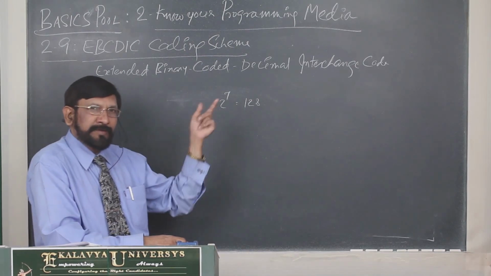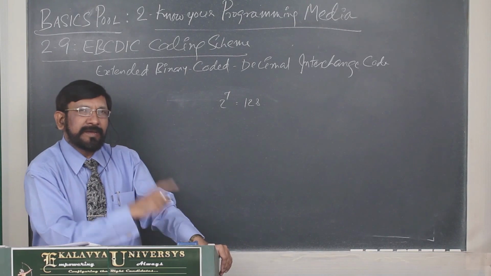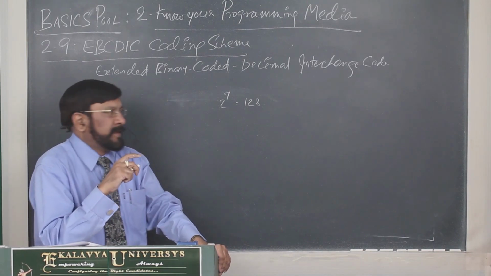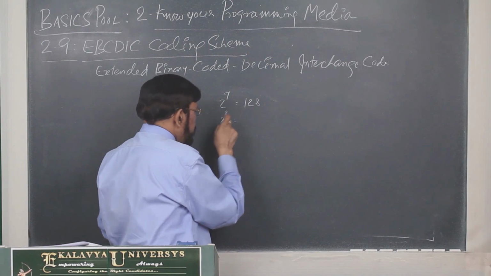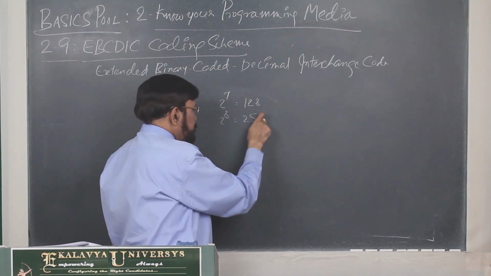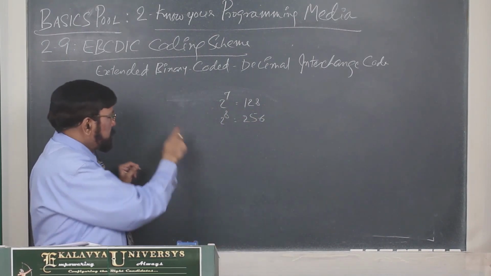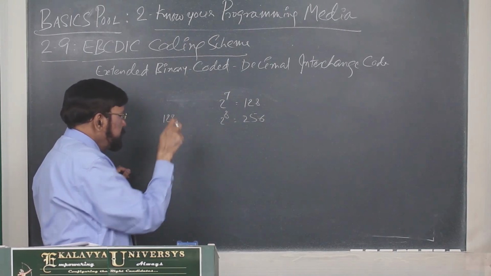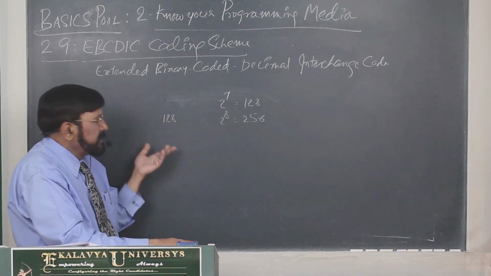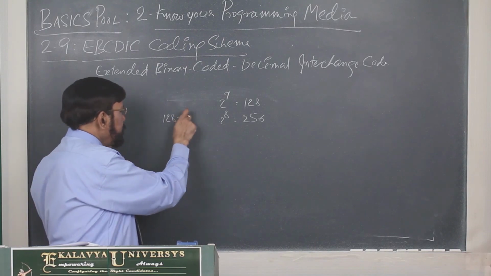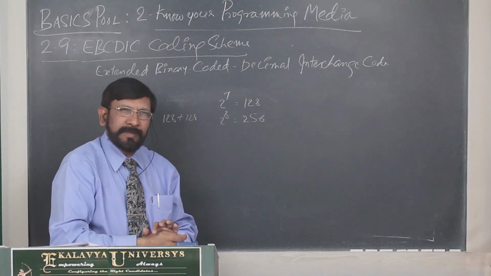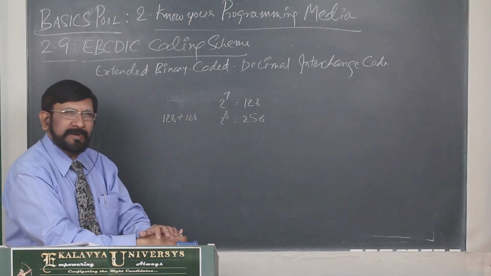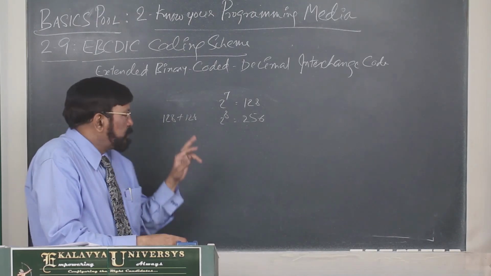In between there is one more, called extended ASCII. Extended ASCII uses 2^8, that is 256 characters. You may figure out what the remaining ones are: the first 128 characters I explained, and the remaining 128 are purely graphical characters, created for certain graphical purposes and supported by the remaining